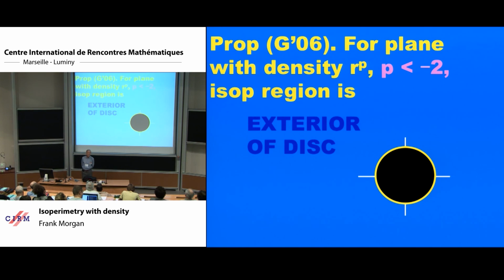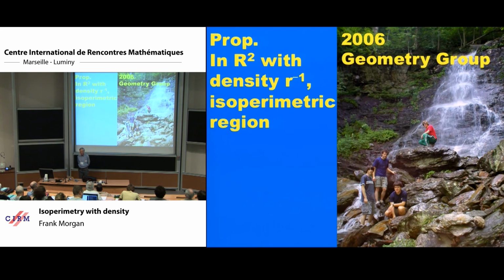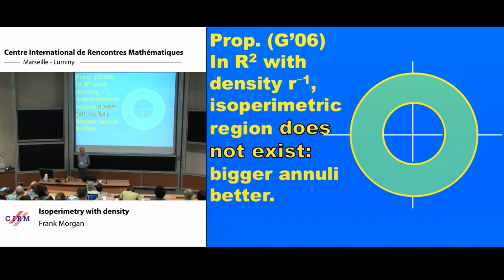And for intermediate densities, say r to the -1, the isoperimetric region doesn't exist. So you can actually do better and better by taking larger and larger annuli and actually have the limiting perimeter go to 0. So existence is often a problem when you're looking at